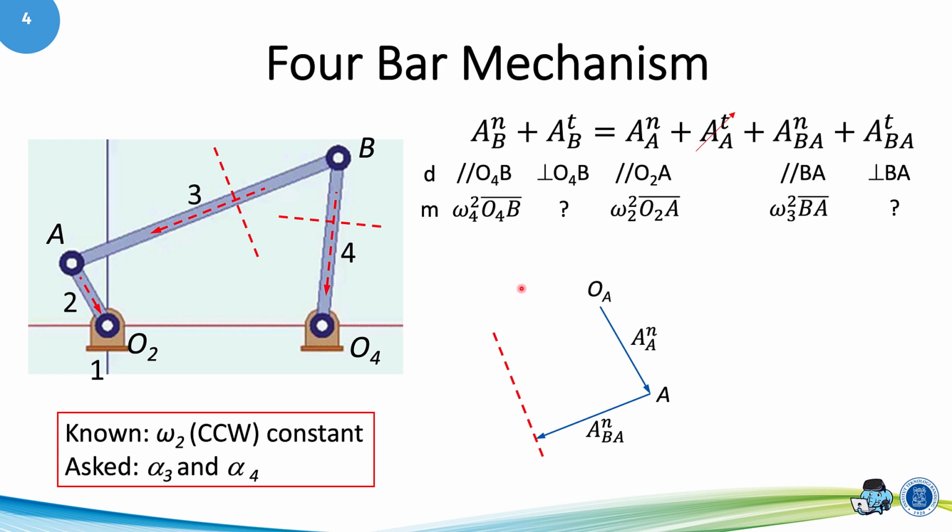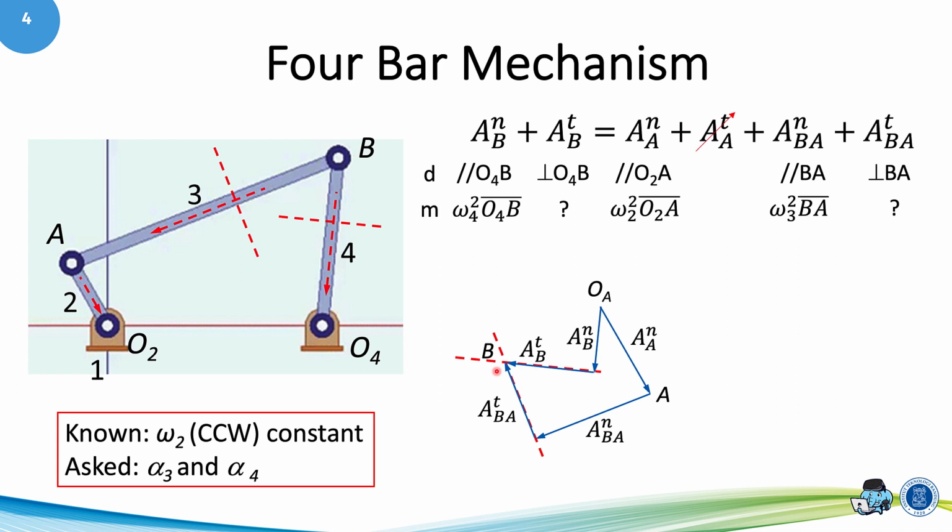Next, we draw the vectors of the left term of the equation. I will draw the AB normal, like this, and then continue with the AB tangential. I will use a dashed line because I do not know the magnitude. You see that there's an intersection here, so we can complete the polygon, like this one. This vector is ABA tangential, and this vector is AB tangential. This point should be the point B.